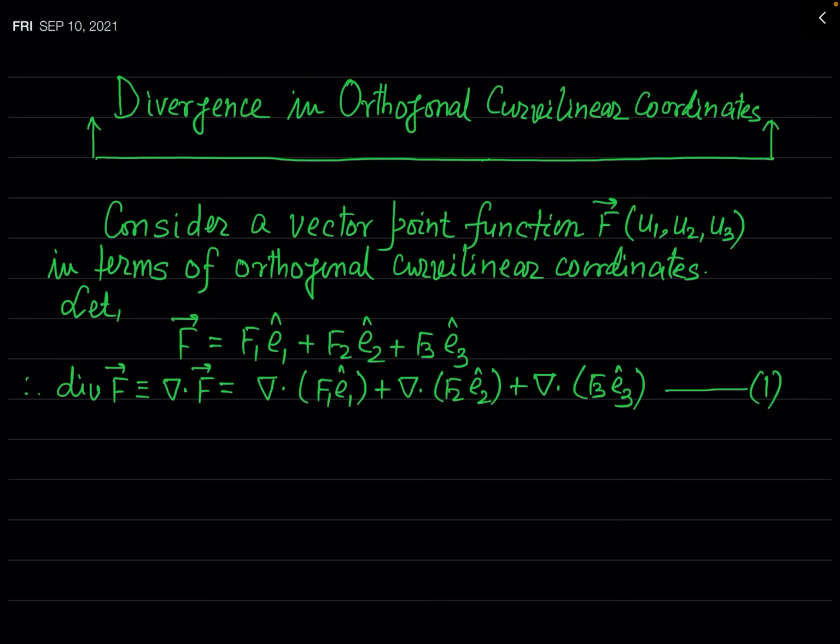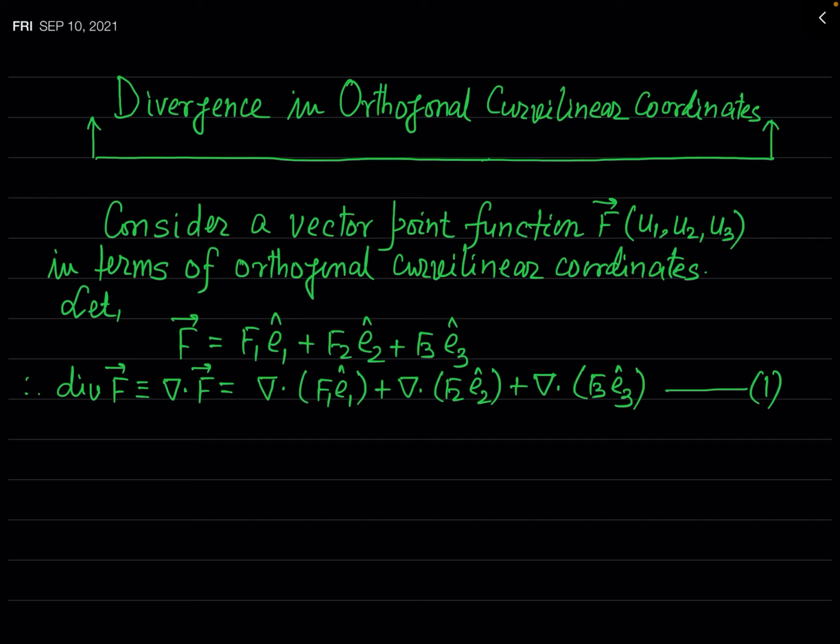In the previous lecture, you have seen the gradient of a scalar function in orthogonal curvilinear coordinates. Now, today we are going to discuss another vector operation, which is called divergence of a vector function. Gradient is defined, as you know, for a scalar function, but divergence is defined for a vector point function. So, to deal with the divergence in orthogonal curvilinear coordinate system, let us consider a vector point function,